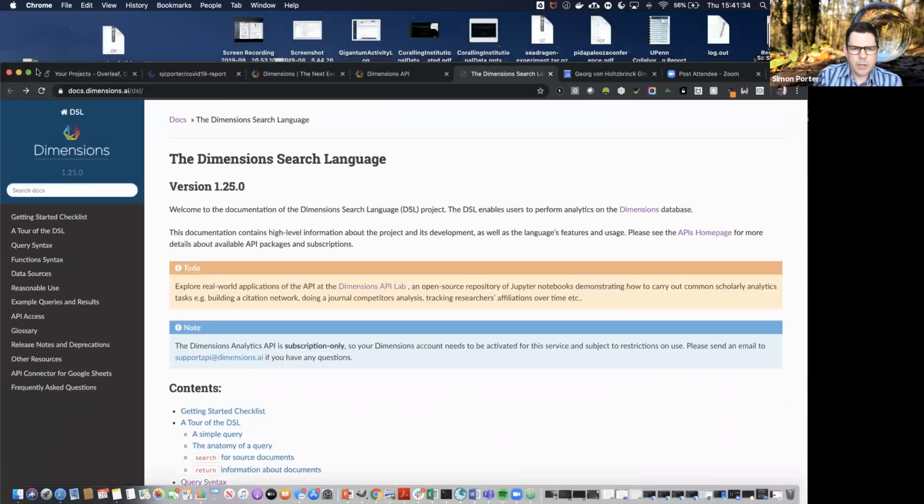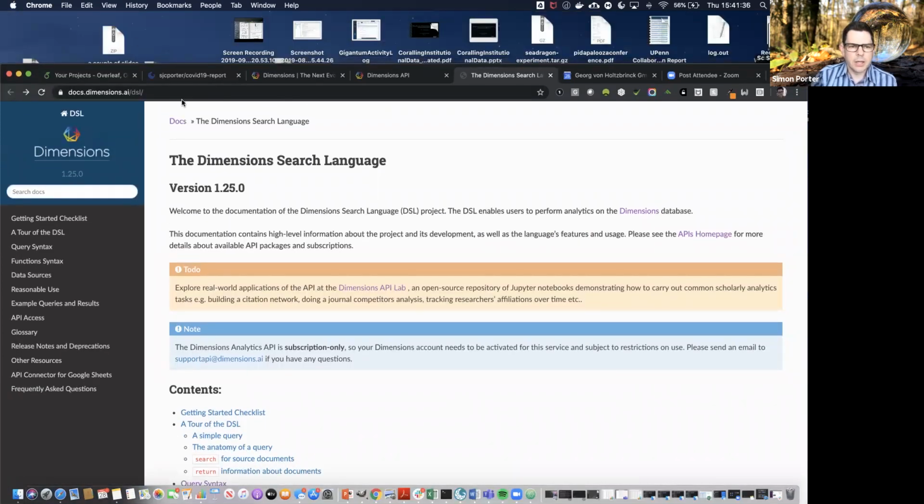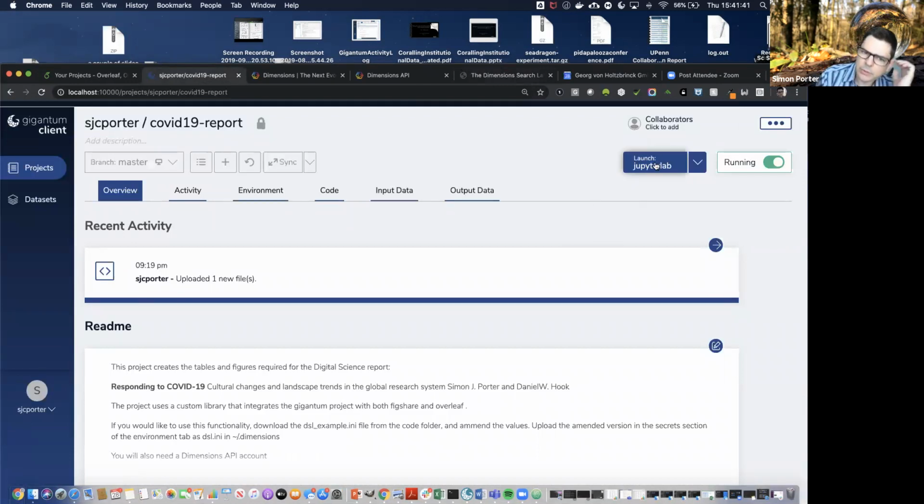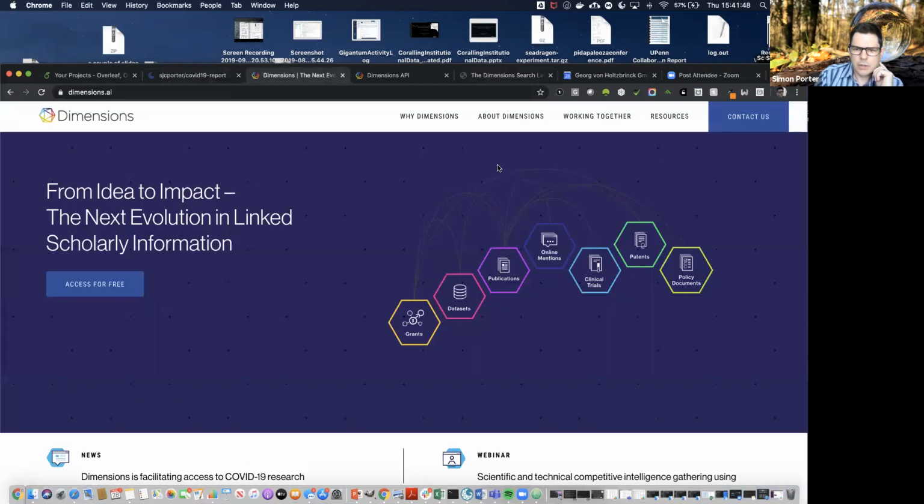When we use the API, we tend to use it inside Jupyter Notebooks or R sessions. So I will show you how we've been using it in here, in the particular case for the COVID-19 report that we're going to be looking at today. So in this report,